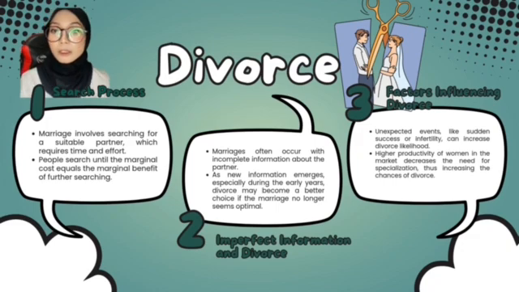balance out. Incomplete information at marriage. People often get married although they don't have complete information about their partner. As they accumulate more information during the marriage, they may realize that their partner is not an optimal match. Divorce as a rational decision. If new information makes the marriage less optimal, divorce may become the best option. Divorces are more likely to occur early in the marriage because that's when information about the partner is still being